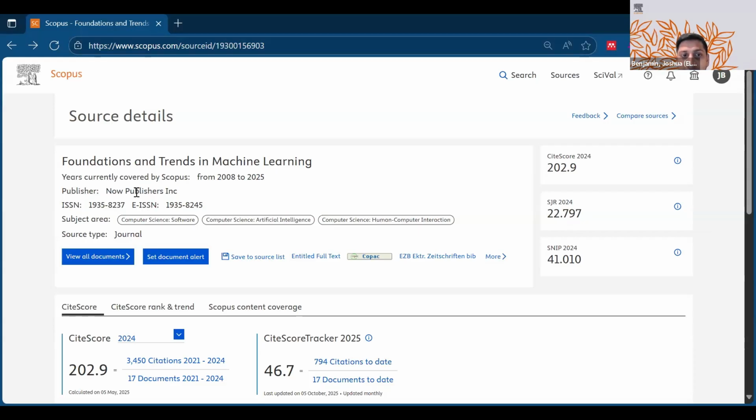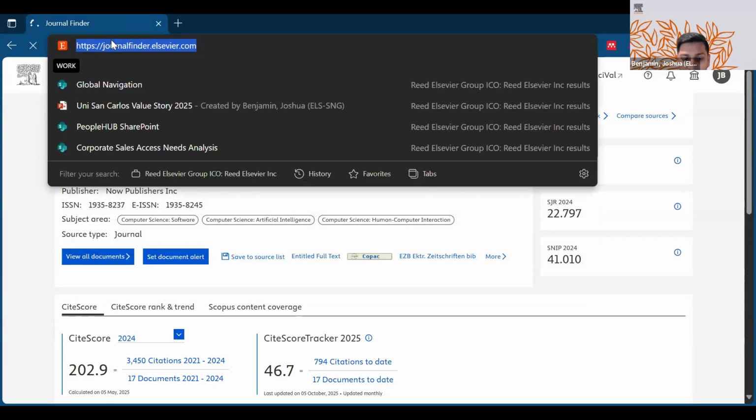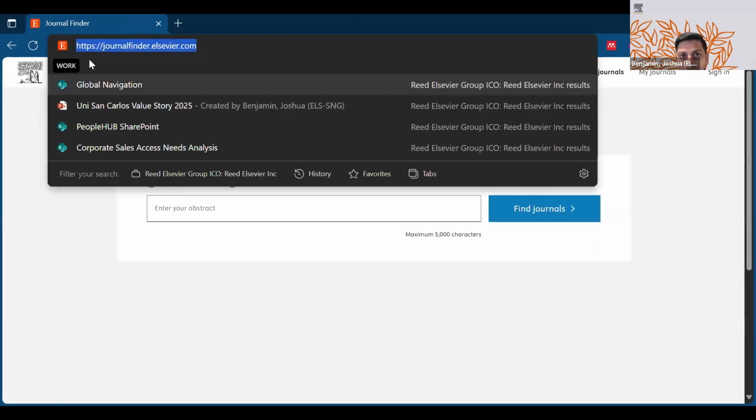In that instance, if you do want to look for individual journal data, what I suggest is you take a look at this instead. This one is also free. You can use it, and let me put it in the chat. So this is particularly for